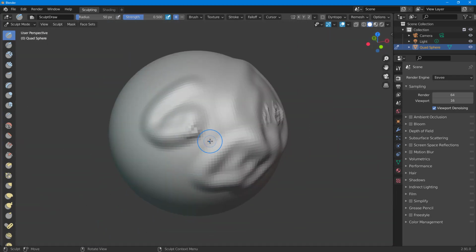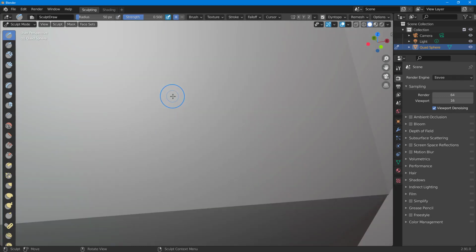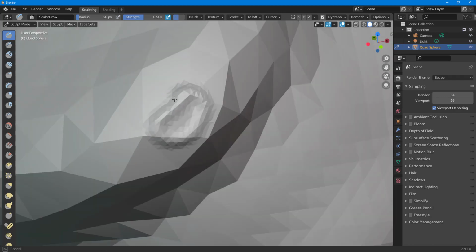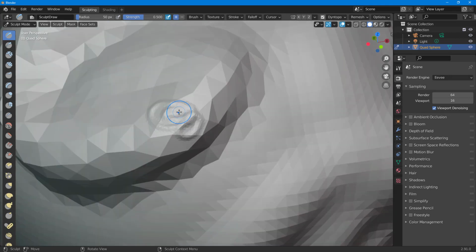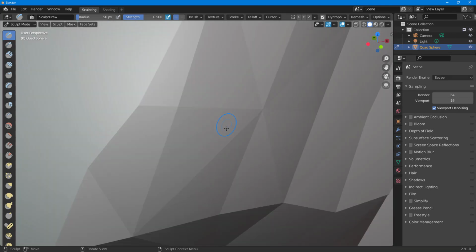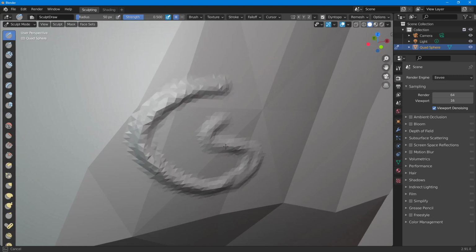So in order to solve that problem, I can use something called dynamic topology, and that's known as Dyntopo right here on the top, and you can enable this. So whenever you draw, you can see that you get a bit of detail, and if I were to zoom in right here, then it adds in the detail, as you can see right here. So you can go around, and even if you were to zoom in, that is how you can push this around,